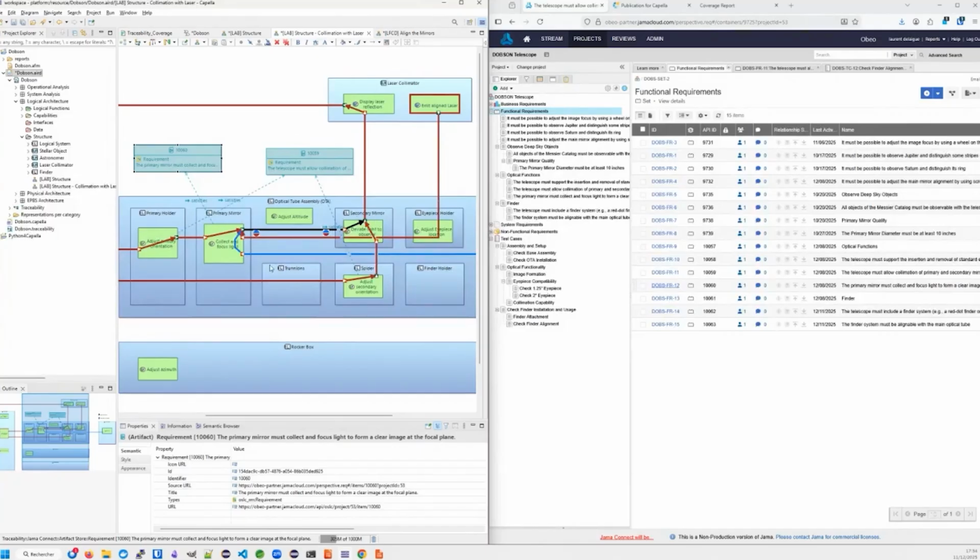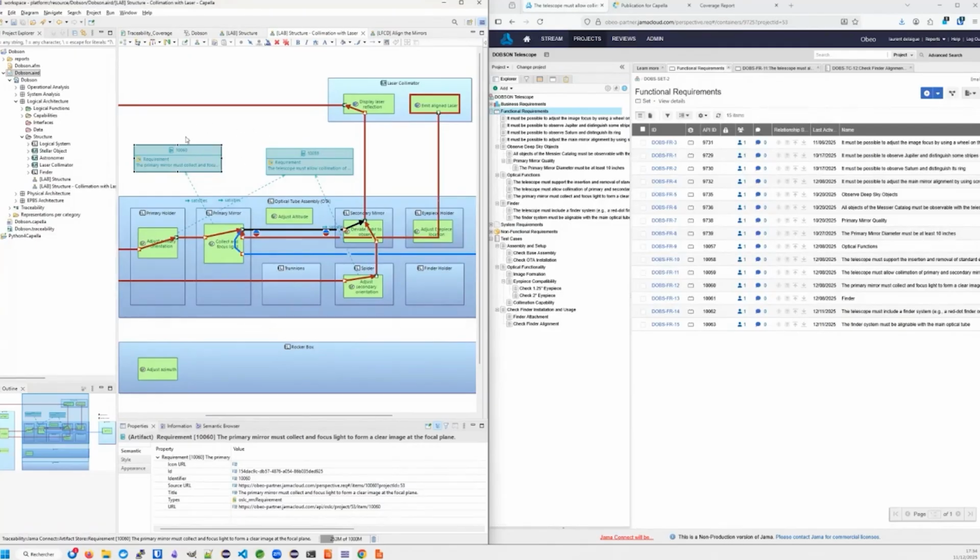You can link anything you want. You can also configure and limit the objects you want to link to. I will not dive more into details. That's the main killer feature of publication for Capella, to make it very easy to create links in the Capella model between Jama Connect items and Capella elements.